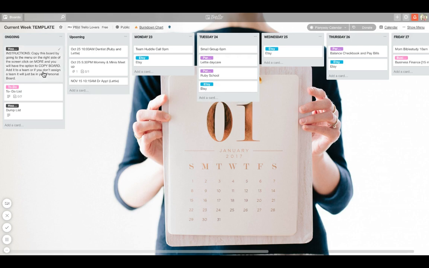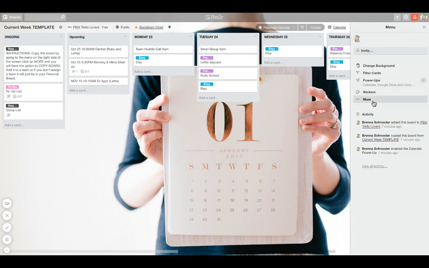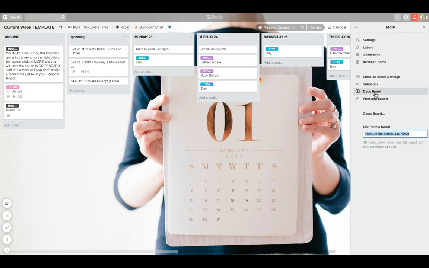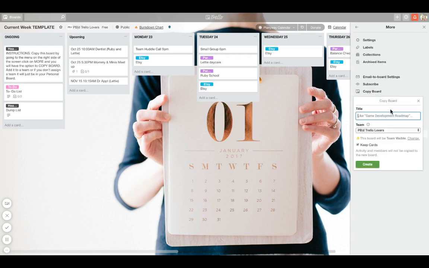So the very first thing whenever you open this up is this board is a template. And so what you're going to want to do, the instructions are right here for you to reference, but you'll click over here on show menu and go down to more and hit copy board. And then it's going to pop up over here, and you can title it whatever you want. So if you want to title it your current week, or if you want to change the name,